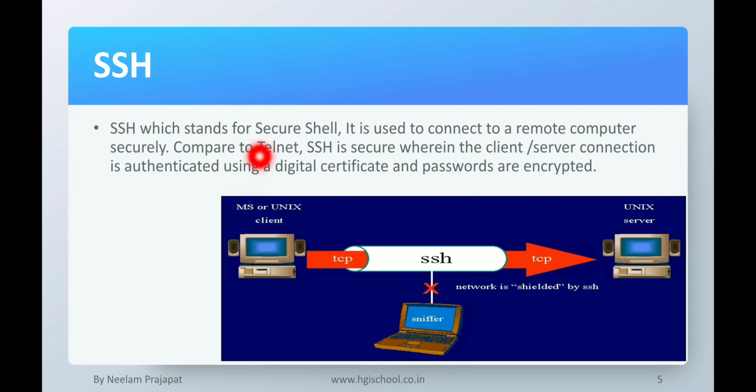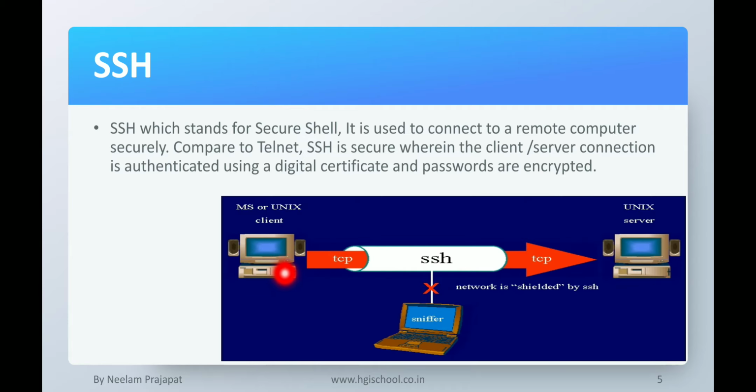SSH stands for Secure Shell. It is used to connect to a remote computer securely, and compared to Telnet, SSH is secure, wherein the client server connection is authenticated using a digital certificate and passwords are encrypted.